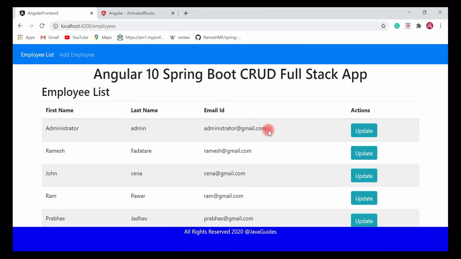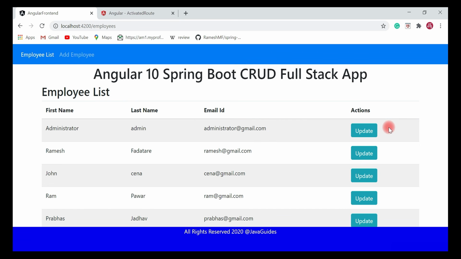In the previous video, we created the delete employee REST API. In this video, we are going to implement the delete employee functionality in our Angular application, and basically consume the delete employee REST API. So in the employee list page, we add a delete button in the actions column. Once we click on the delete button, it will make a REST API call to delete a particular employee from the database. Let's first add a delete button to the employees list page here inside the actions column,